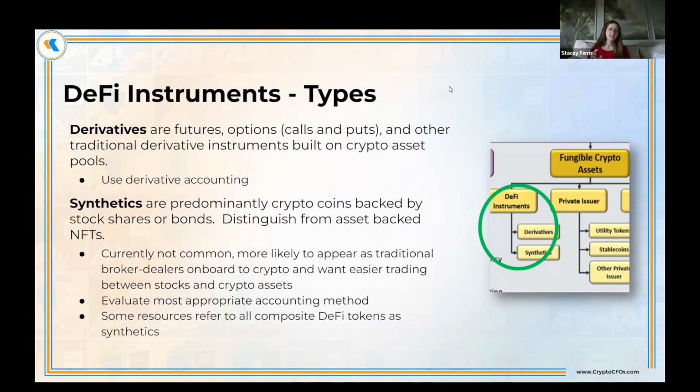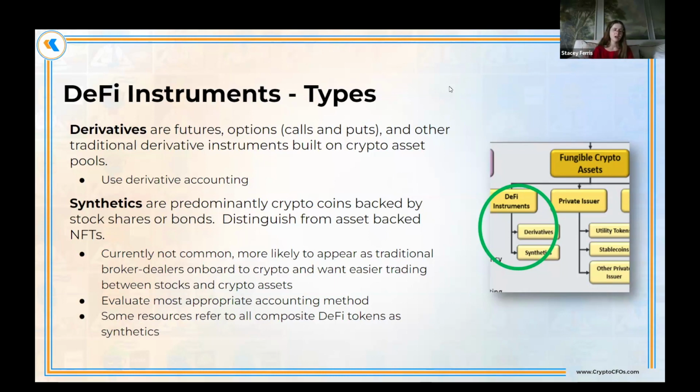Synthetics. Synthetics are where you're taking a non-blockchain, non-crypto asset and representing it on the blockchain in order to be able to put it into an LP, a liquidity pool, so that you can then create some kind of a composite token and trade based off of that, right? This really doesn't exist too much in the market to my knowledge. My understanding is right now this is still very speculative, and it's in the pilot stages of seeing, can we do this? Does it make sense? How are we going to use this ability? Synthetic is predominantly crypto coins backed by stock shares or bonds. So you're creating a coin that represents the stock share or the bond so that you can exchange stock shares